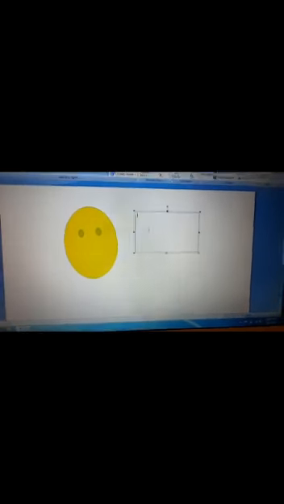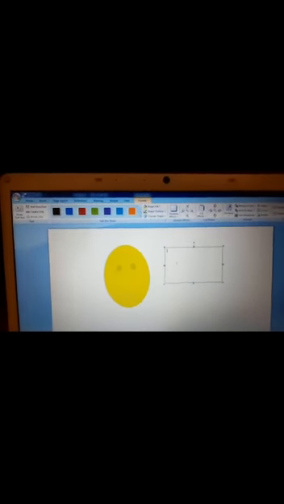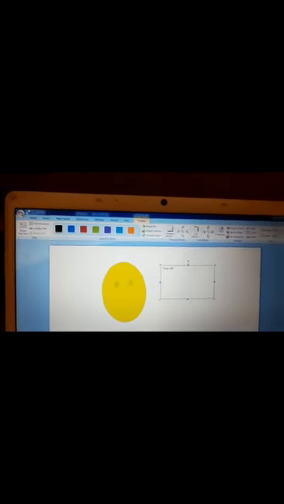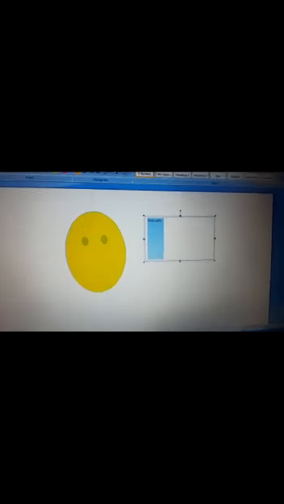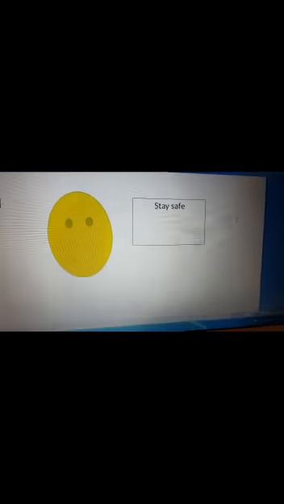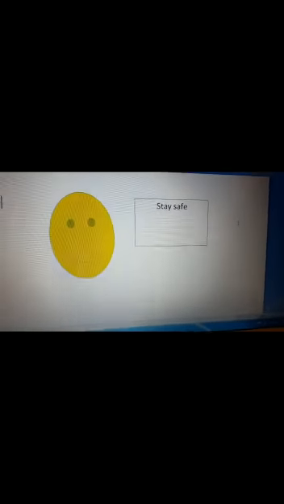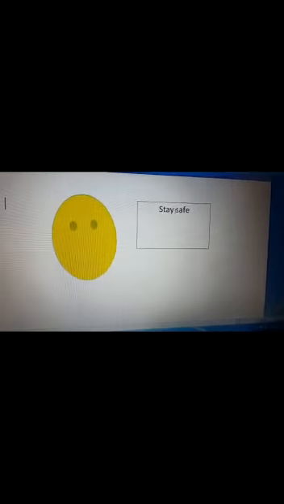Here whatever you want to write, you can write. Stay safe. So this is how you can add text to your shape. This is actually the text box. We were just talking about the text box. Now this is the text box where you can enter your text.